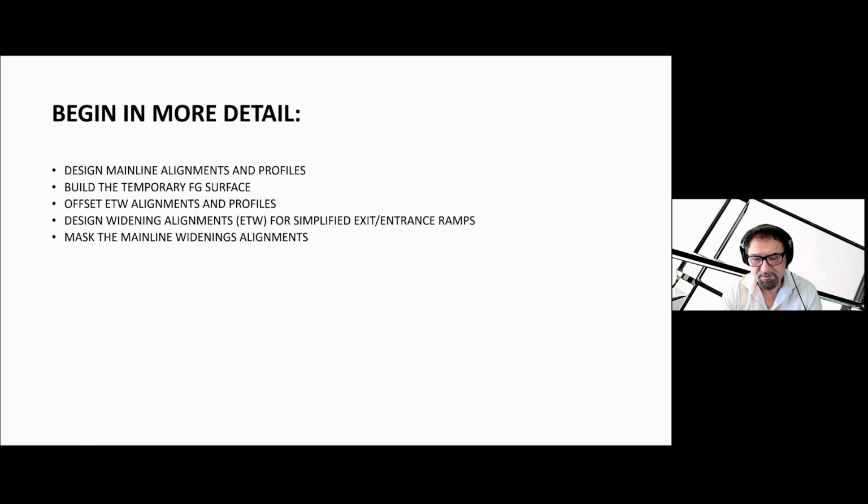Then we'll do the offset, edge of travelway alignments and end profiles, because that's part of the automated system. That's the easy part. Then we do design of widening alignments for simplified exit and entrance ramps, and we do the masking for parts of the mainline widening alignments.